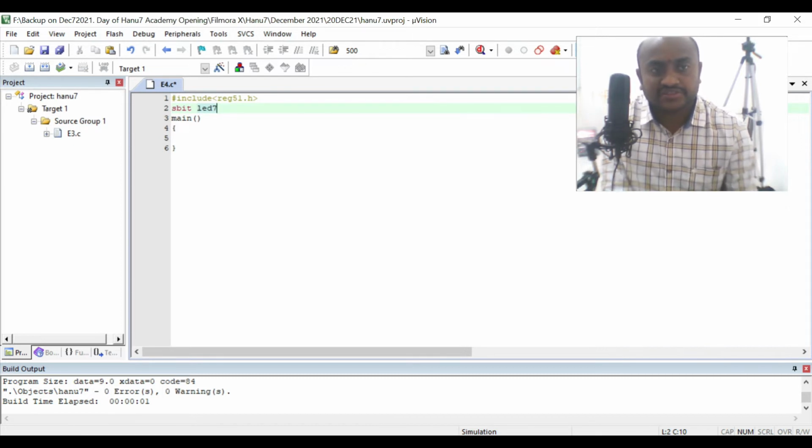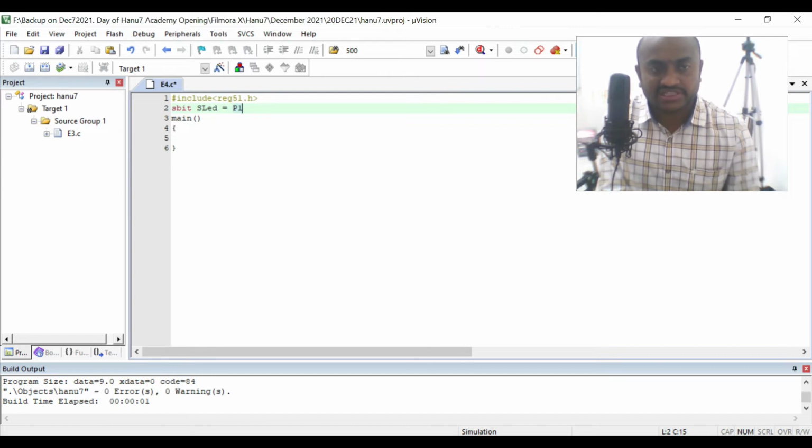So LED 7 is equal to, or otherwise SLED, single LED, is equal to. Now I want to give that particular pin number.